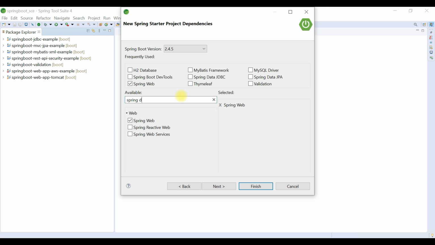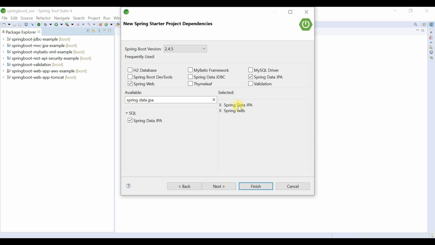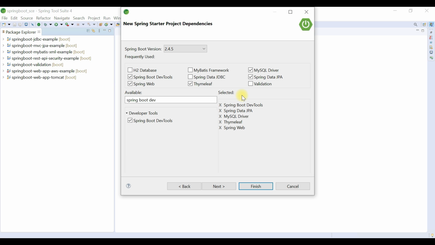We're going to use Spring Data JPA to talk with the database, so let's pick up the Spring Data JPA dependency. Spring Data JPA is just an abstraction layer on top of JPA, and it internally uses Hibernate as a JPA provider. We can use Spring Data JPA to reduce a lot of boilerplate code that is required to develop a DAO layer. So I highly suggest you use Spring Data JPA.